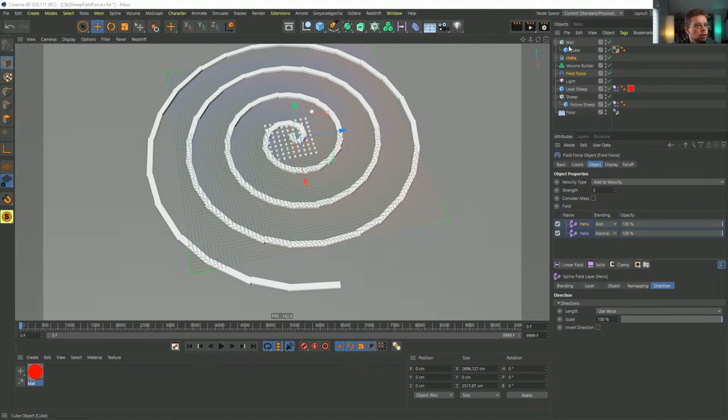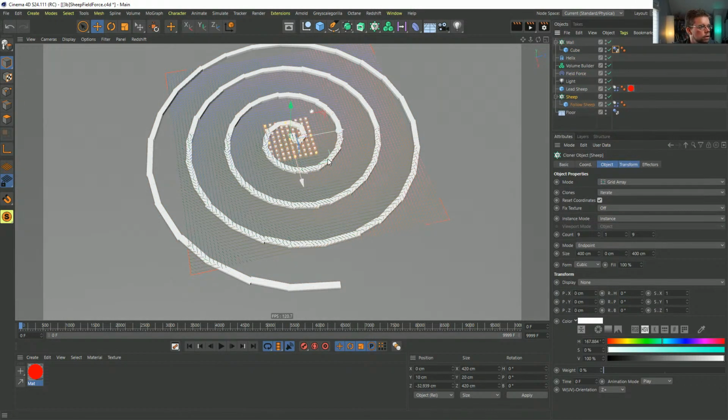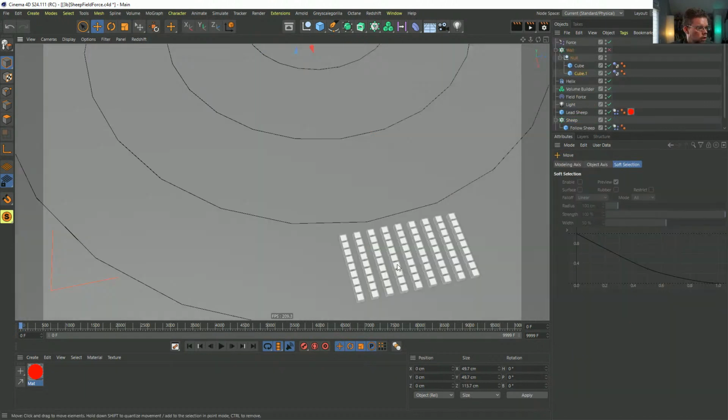So I'm just making a few extra sheep via this cloner, and I'll move this out to the outside, and let's hit play and see what we get. Hopefully all of these will start moving in. Some of them might escape out the outside, which wouldn't be surprising. Yeah, because they were outside the spline. That's completely fine. I want to trap them all inside though, so shrink that down a bit. And there they go. Now we got more sheep trapped into the center.